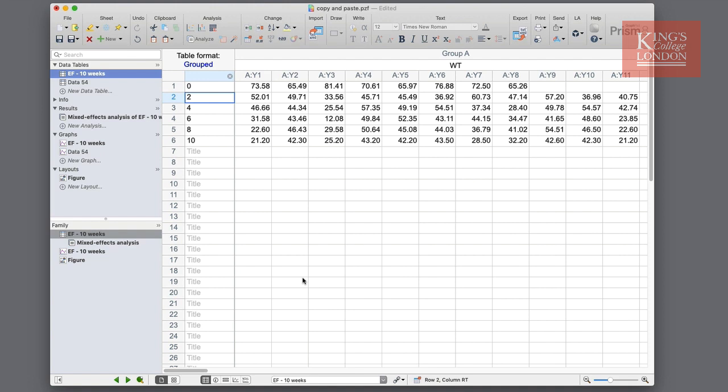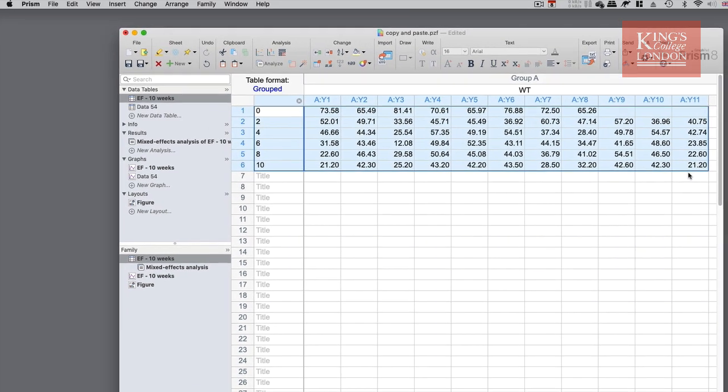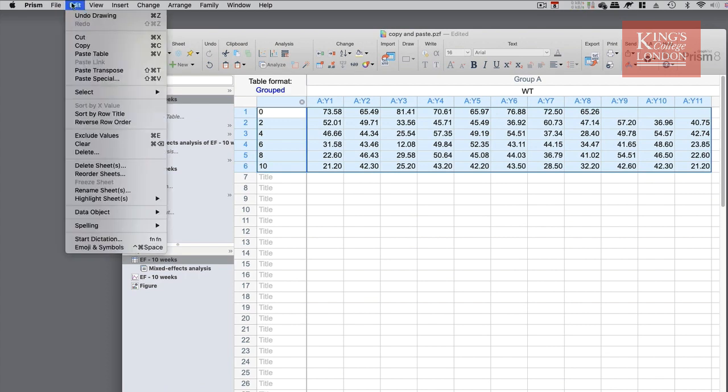However, this is not the correct formatting of data in order to undertake simple statistical analysis such as column statistics, or to check whether our data conform to normality. Therefore, we need to copy and paste these data from a grouped format table to a standard column table. If I was to copy these data from the group table, either by pressing Command or Control C, or using the Edit Copy